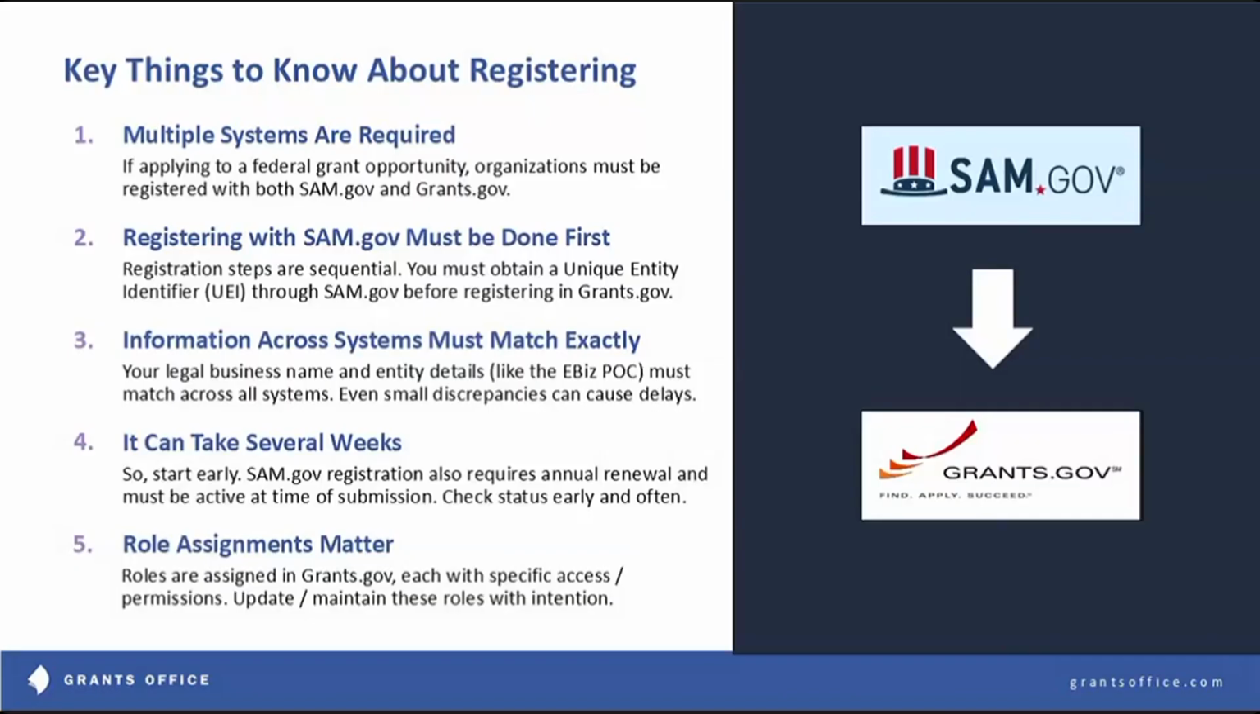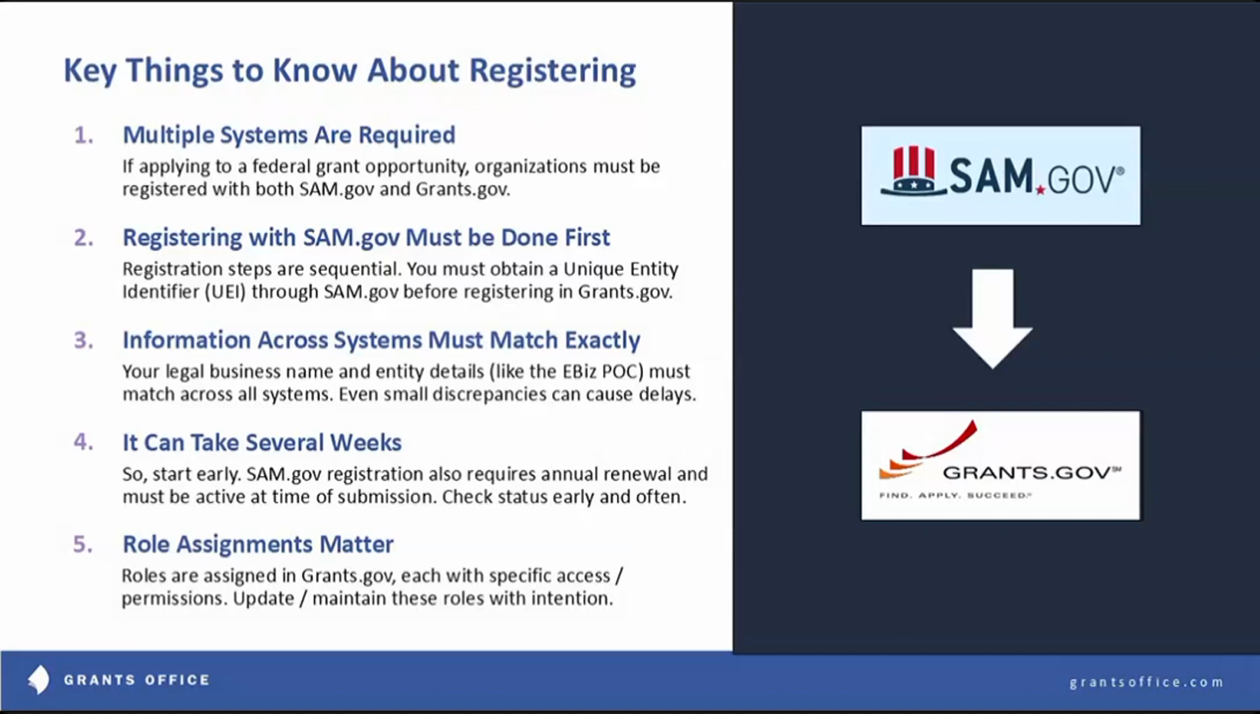This is just a 12-character alphanumeric identifier assigned to all entities doing business with the federal government. This UEI number is then required when registering in Grants.gov. It is what Grants.gov uses to establish organizational authority for its users. So in terms of order, organizations must register first in SAM.gov, and then using the UEI number assigned through that process, they then must register in Grants.gov. And information across both systems must match exactly. For example, the organizational point of contact, or what they call a primary electronic business point of contact, or EBIZ POC,